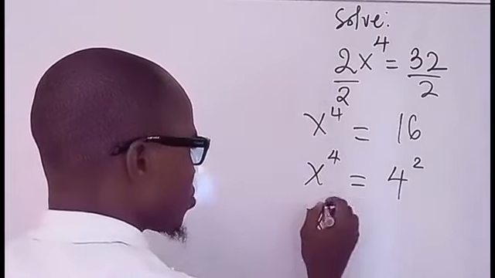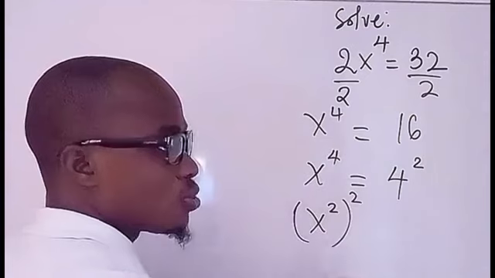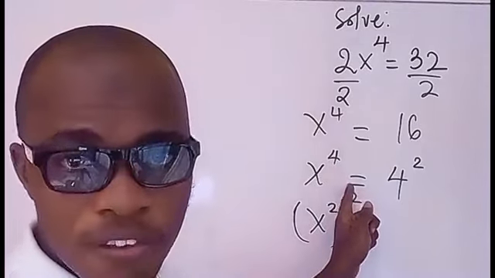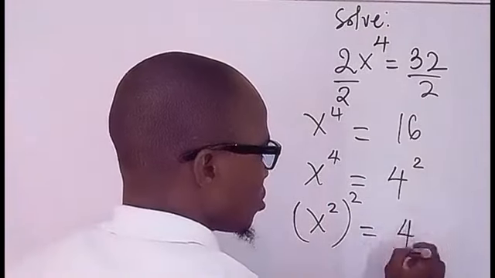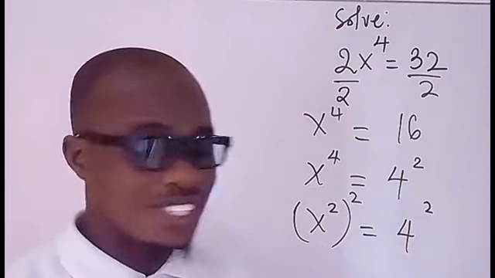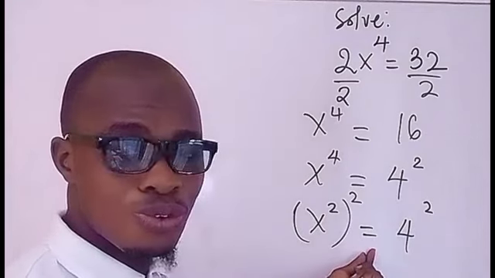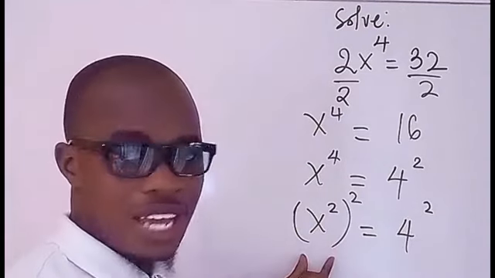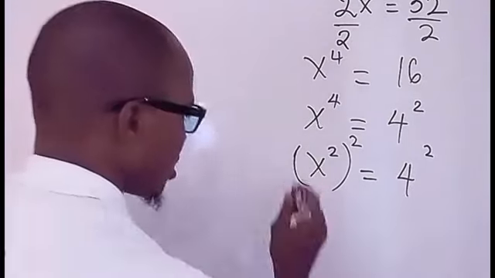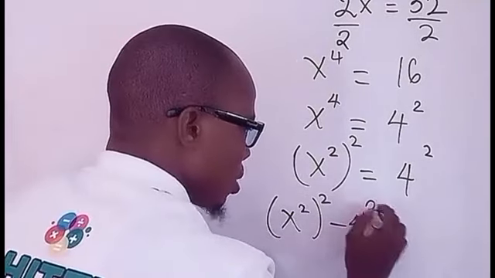So we're going to have x to the power of 4, which I can also rewrite as x to the power of 2, to the power of 2, whereby if you multiply 2 by 2, you're going to have 4. Are you following? Then equals 4 to the power of 2. Now from here, the next thing we're going to do is take this to this side. Are you getting it now? Then we're going to have x squared to the power of 2 minus 4 to the power of 2 equals